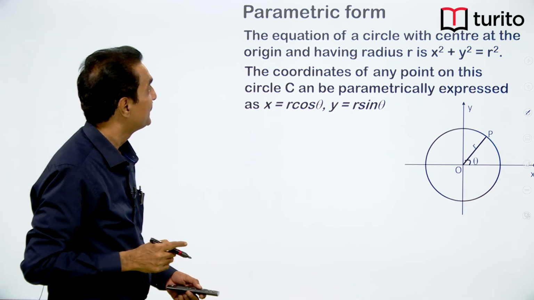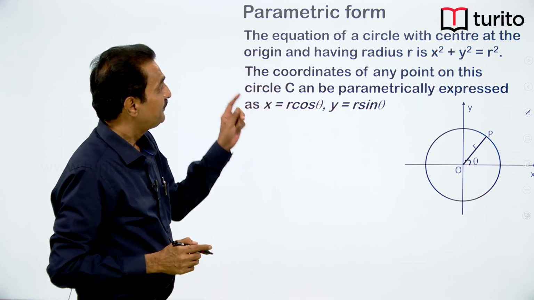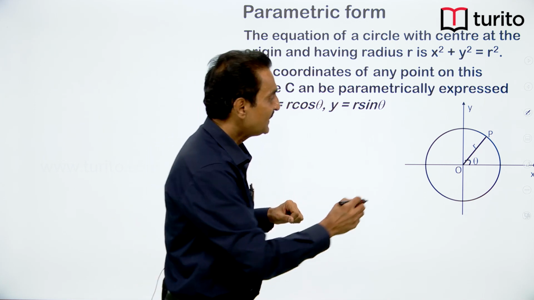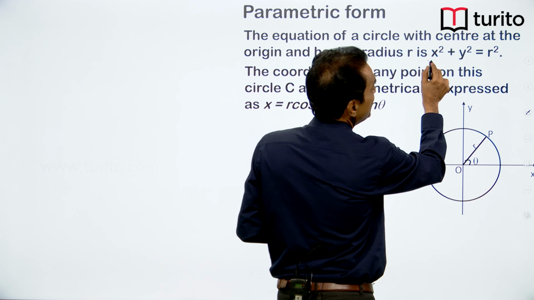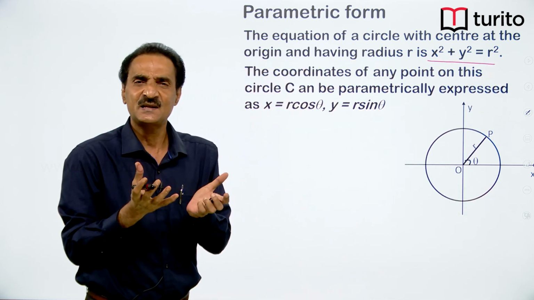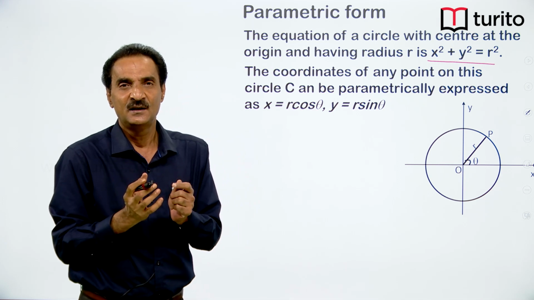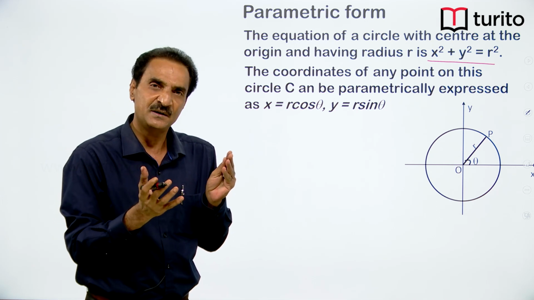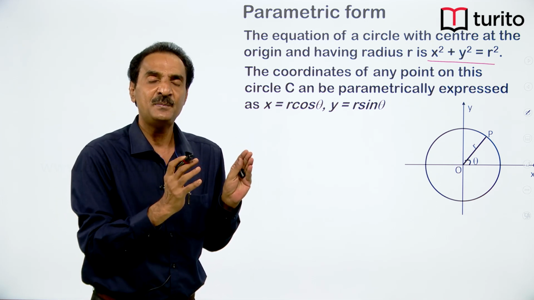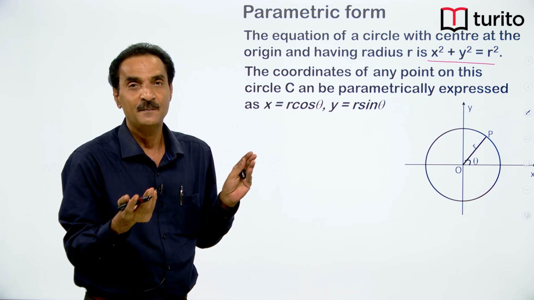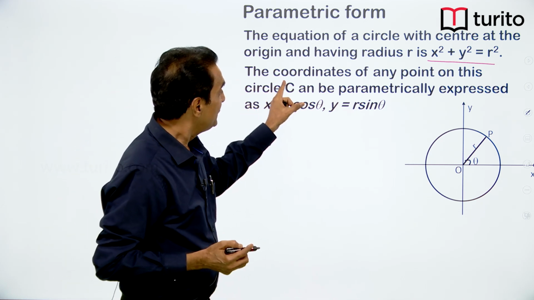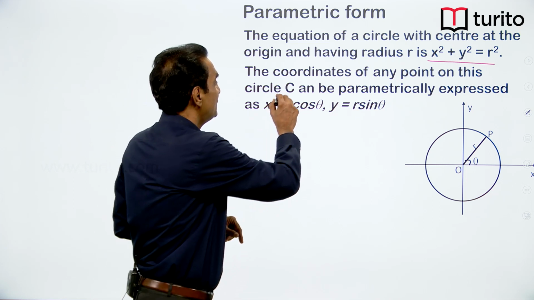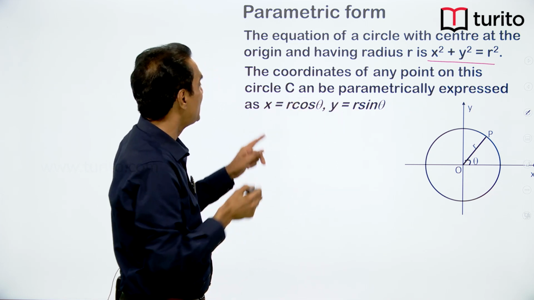Parametric form. Now if the center of a circle is origin and radius is r, you will get the equation of the circle as x square plus y square is equal to r square. This is considered as shortest form of a circle. So this equation is used in proving some particular results. If you prove it for this circle, it will be true for any circle. Okay. Now the coordinates of any point on this circle C can be parametrically expressed as x